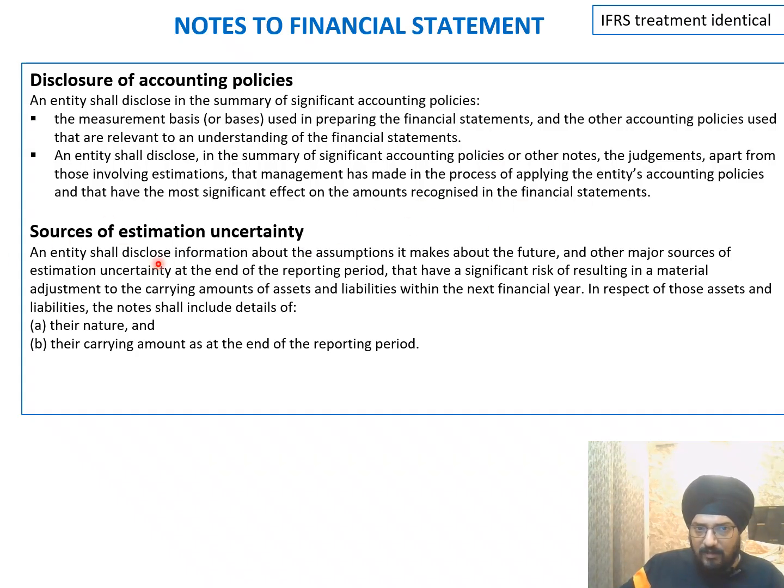Sources of estimation uncertainty. An entity shall disclose information about the assumptions it makes about the future and the other major sources of estimation uncertainty at the end of the reporting period, that have a significant risk of resulting in a material adjustment to the carrying amount of assets and liabilities within the next financial year. So if there is some uncertainty expected by the management on any of the assets and liabilities, that uncertainty should be disclosed, and the assumptions and the basis on which that uncertainty has been created have to be disclosed explicitly in the